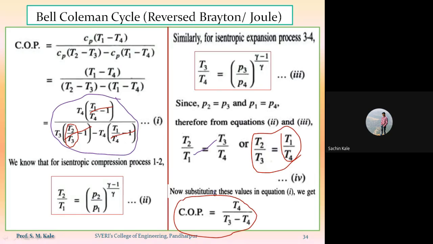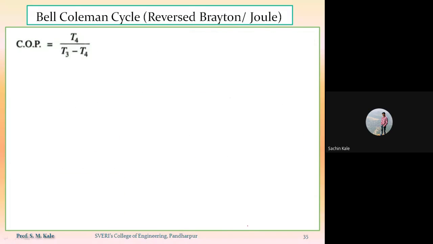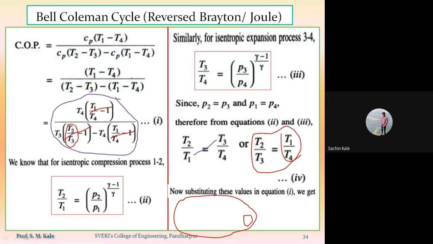So here, if I am going to take the T4 term as a common term from the denominator, then the denominator T4 and numerator T4 will get cancelled, and finally I will get the equation as COP is equal to 1 upon T3 by T4 minus 1. So here T3 by T4 is nothing but,